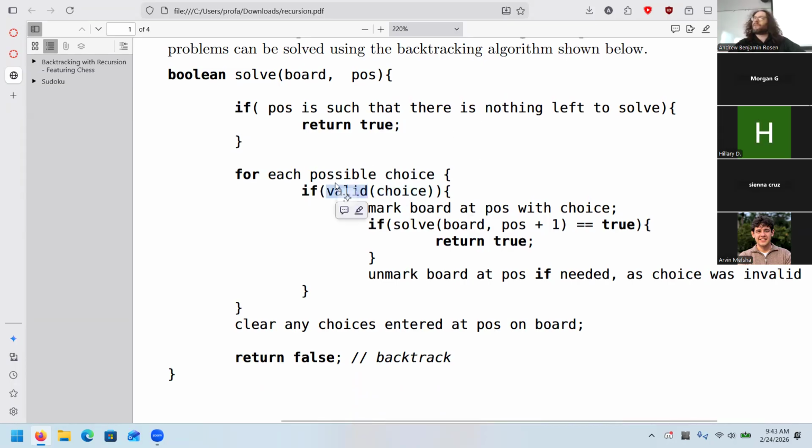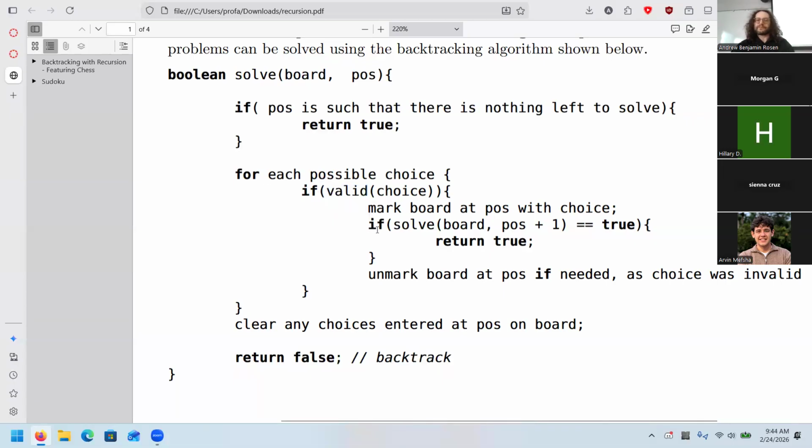My recommendation for all these puzzles is, when you write your valid function, you just set it to return true at first. Everything is valid, sure. But that will let you check that the rest of this program works, that the recursion works, that it all magically comes together. Then you can go through all the different checks you need to do to check that it's valid.